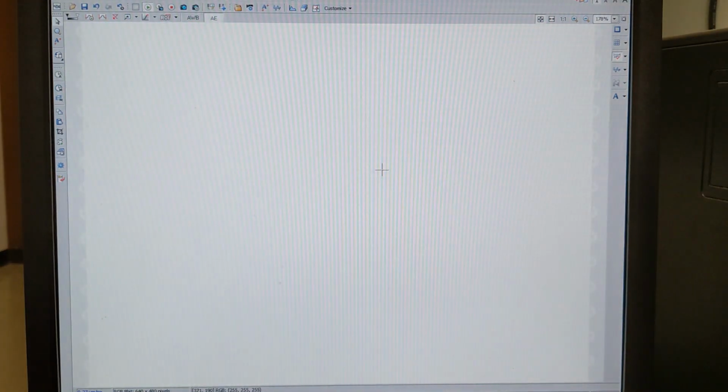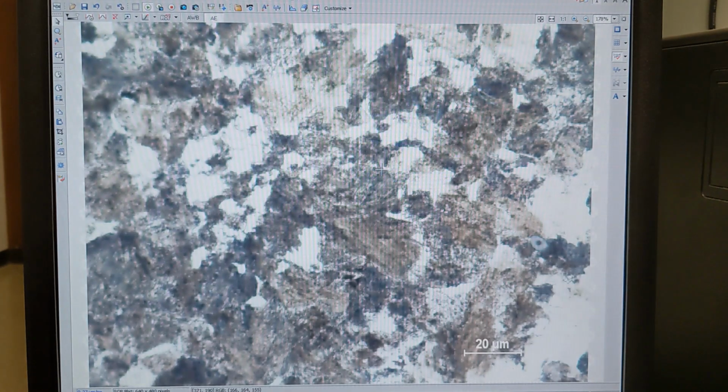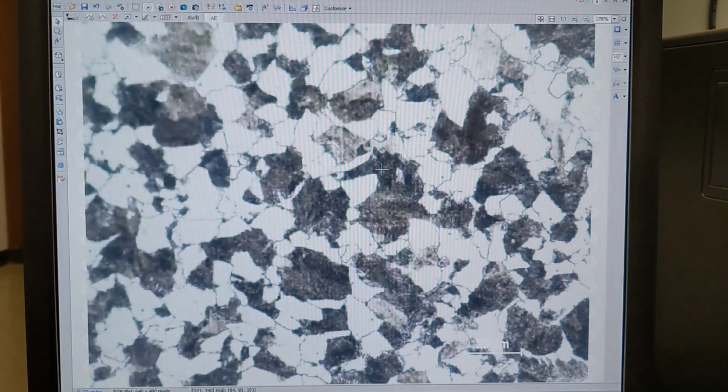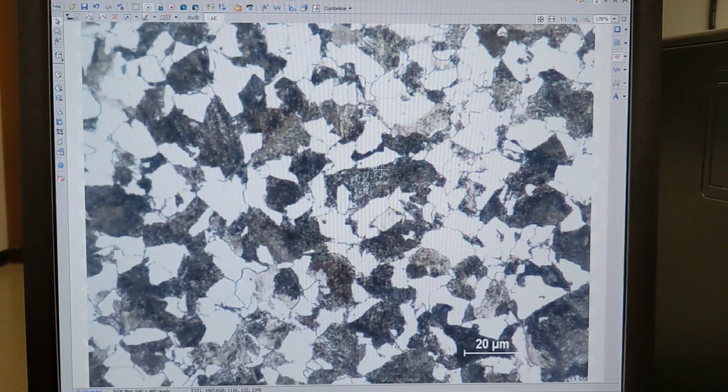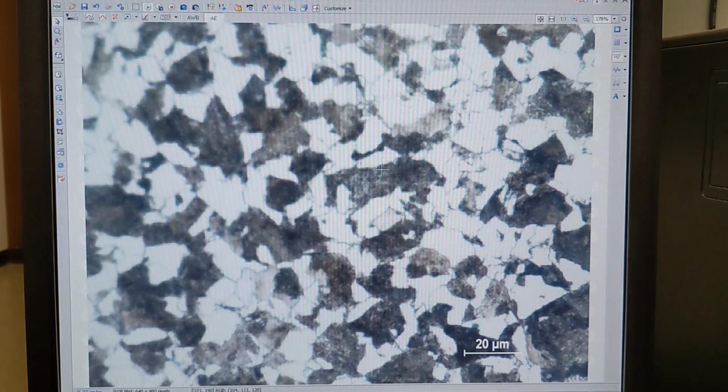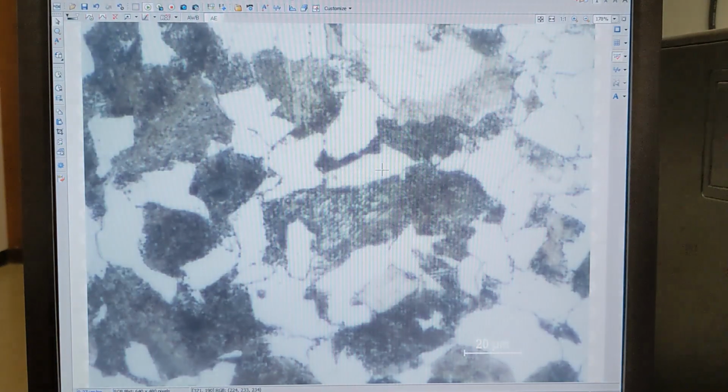Okay, so this is lower temperature, so we expect this to be more fine pearlite structure. And if we zoom in, you can hopefully see we have definitely less well-defined layers like we had in our coarse pearlite. If we zoom in,